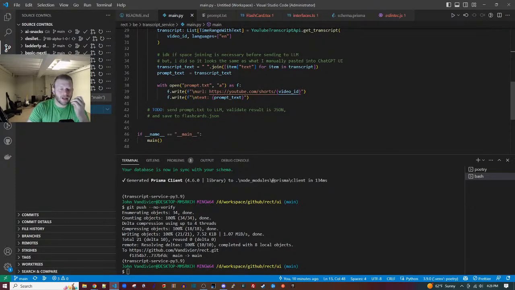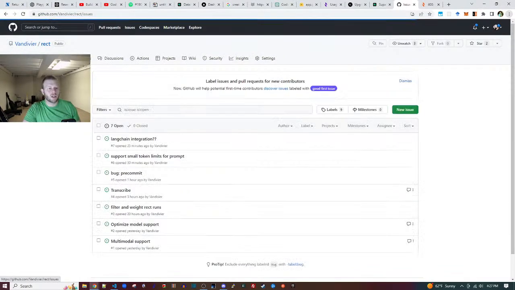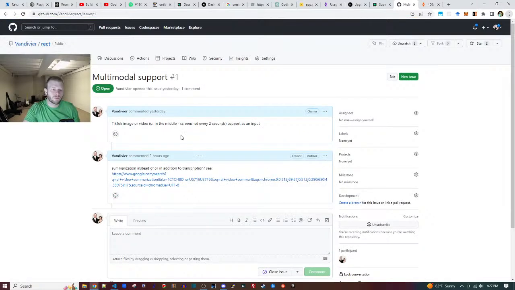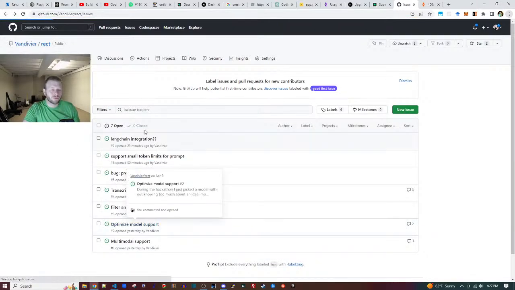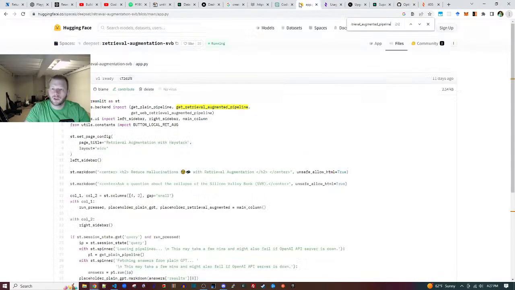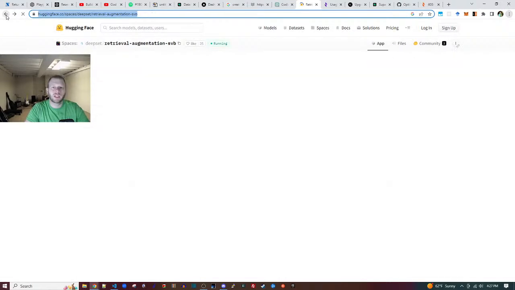So I don't know that augmentation is necessary for me. Did I make a multimodal support? Yeah, so let me make a note of this, but I don't really think I need to use it right now.